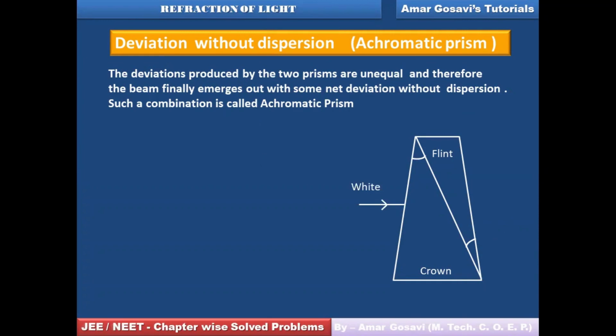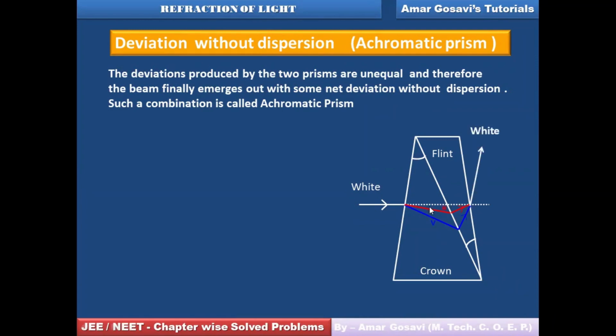Say the white light is incident on the crown glass, it is supposed to get dispersed. All right, so you can see directly if it goes undeviated. But obviously, because of the refraction and dispersion over here, it has to get deviated. So it gets dispersed at this point between red and violet color. So this dispersion is nullified by the dispersion of the flint glass, but the deviation is allowed. So here the ray won't go in this direction, but it goes with some net deviation.